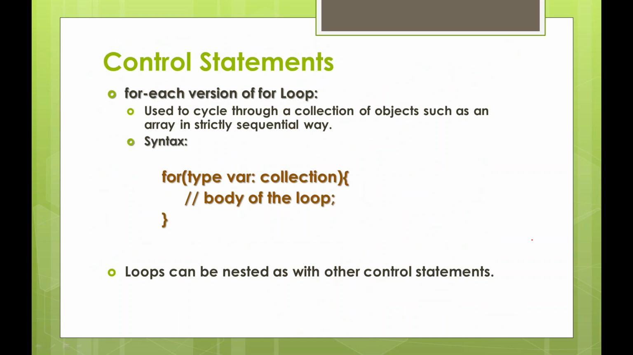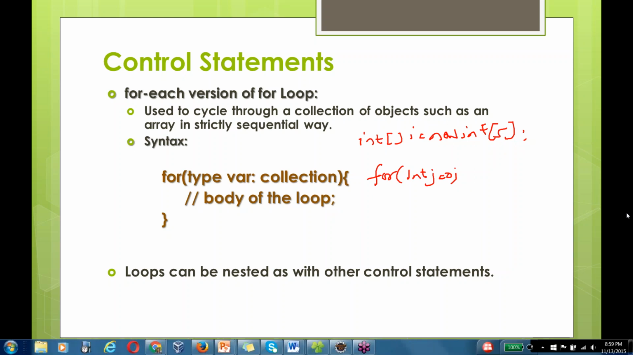So what we used to do, let me write that here. Say for example, I have int i equal to new int of 5 elements. For this, what I used to do is j equal to 0 because the index starts with 0, and